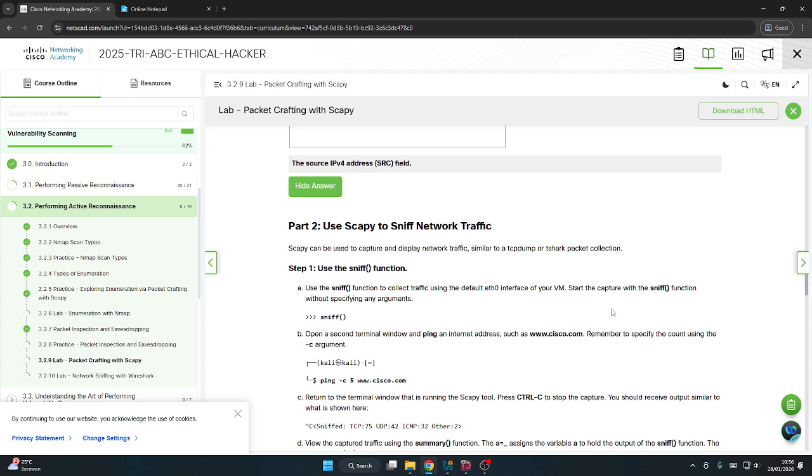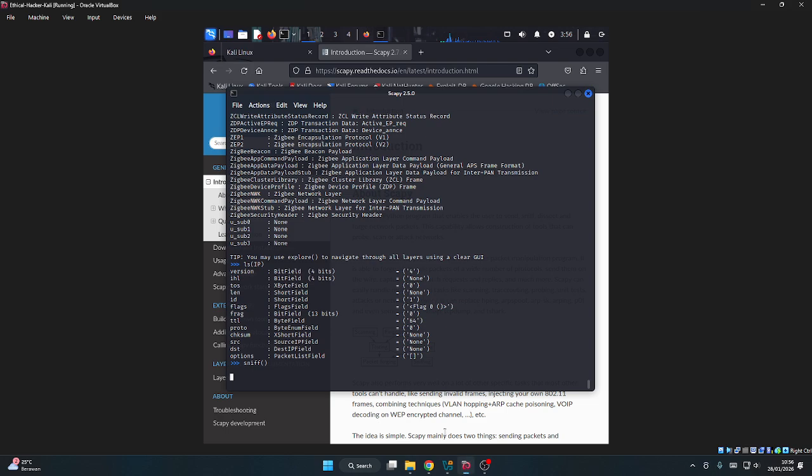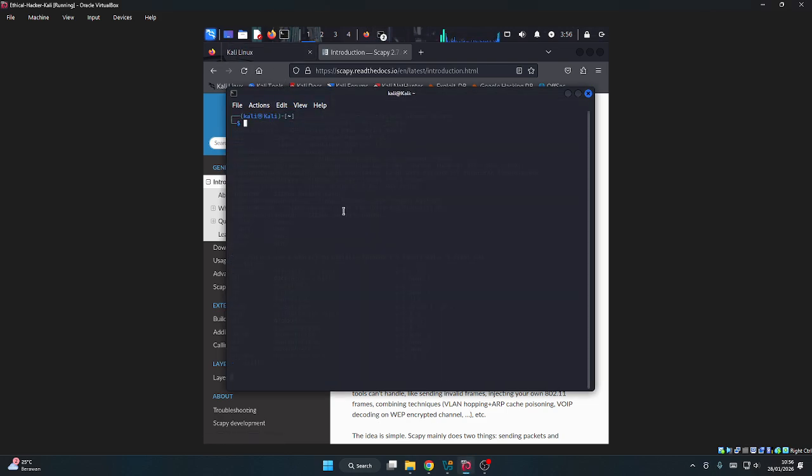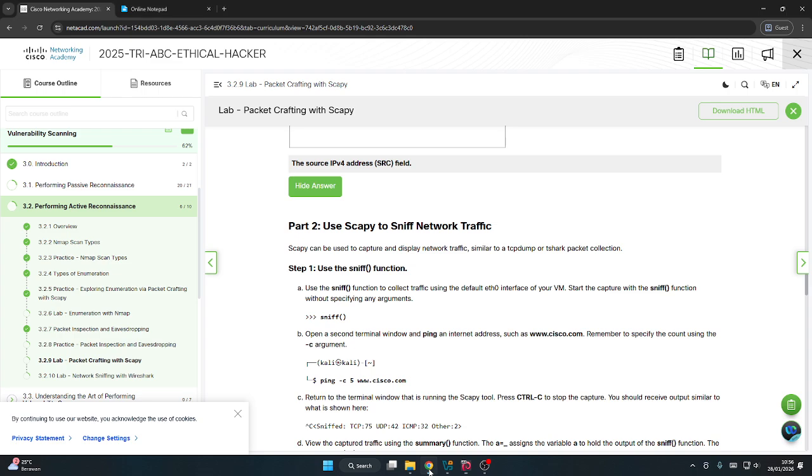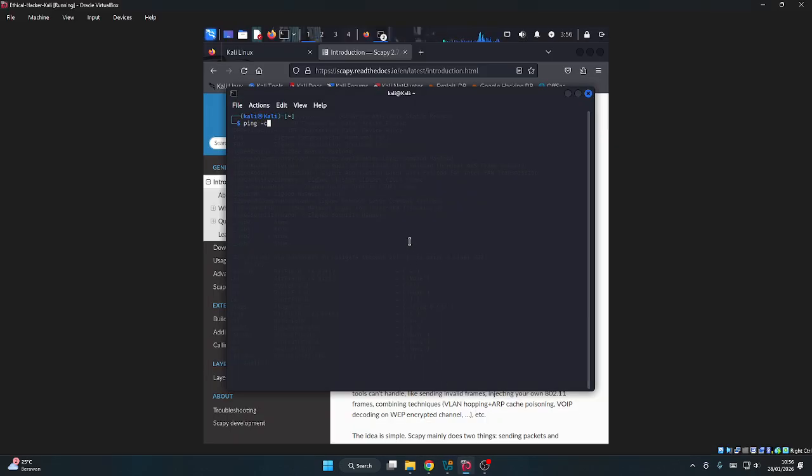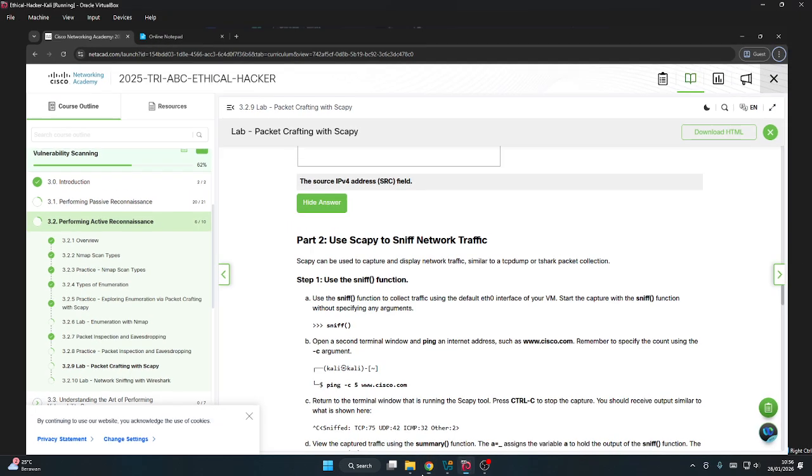Start the capture with the sniff function without specifying any arguments, and the next is to open a second terminal window and ping an internet address. We start to open it and ping cisco.com, like this. Oh, wait.